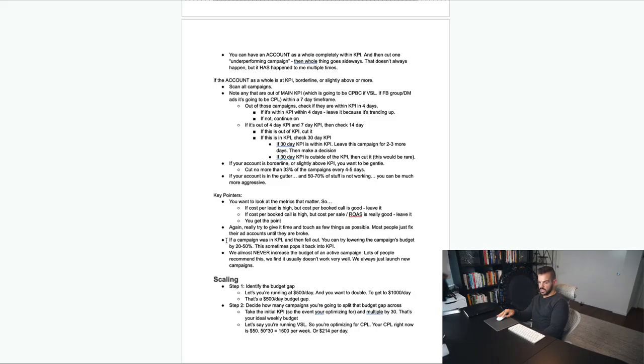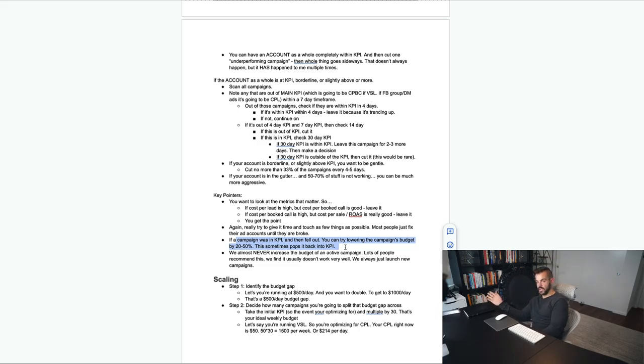It sucks, especially if finances are tight right now, but if you can, err on the side of letting it run one or two more days longer than you want. Generally, for a new media buyer, that is the way to go. Now, if a campaign was a long-standing campaign and it fell out of KPI, you can try lowering the budget